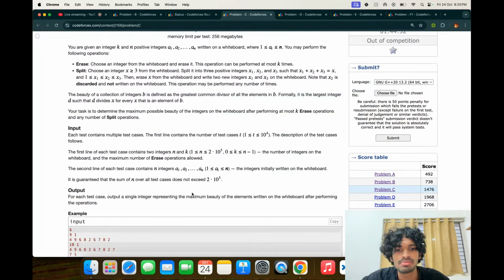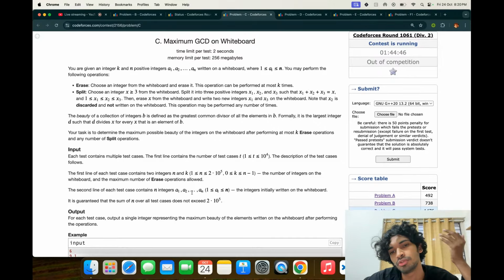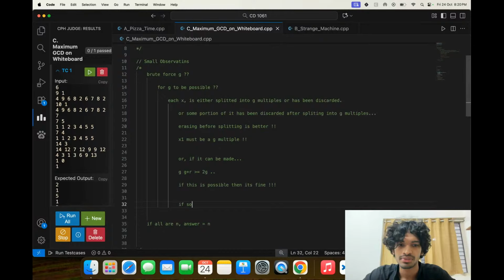Okay, if all are divisible by something, the answer is that. You need not do anything. You can do some erasures at most k times. This is definitely brute force, probably brute force. If something is not divisible by